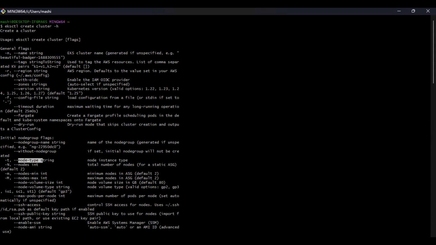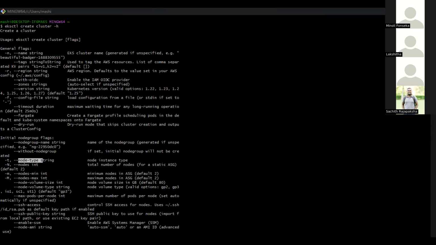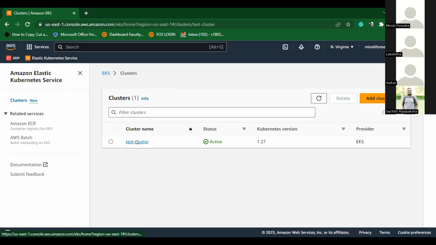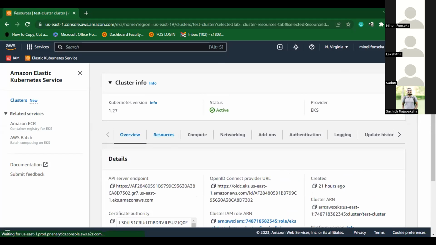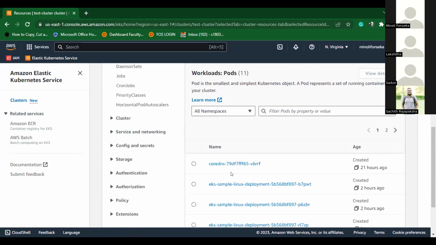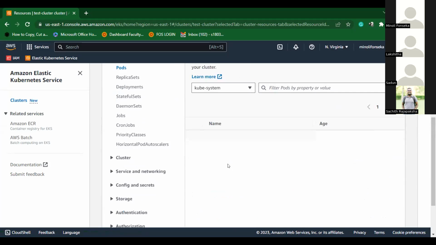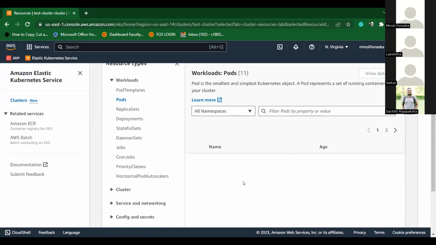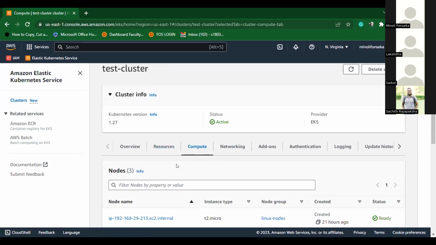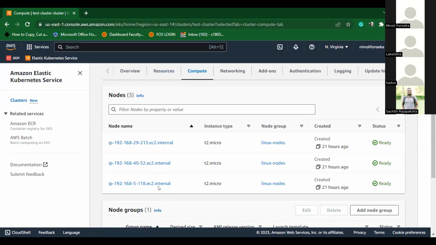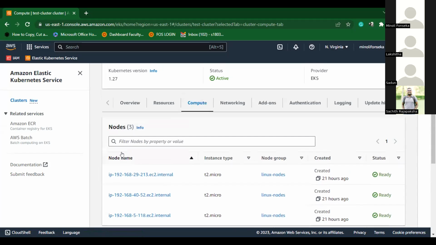Then EKSCTL created my cluster automatically, and it created these kube-system clusters and kube-system nodes. So these are the 3 nodes. And after that, what I did was I